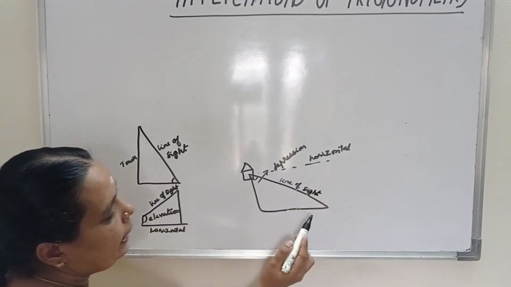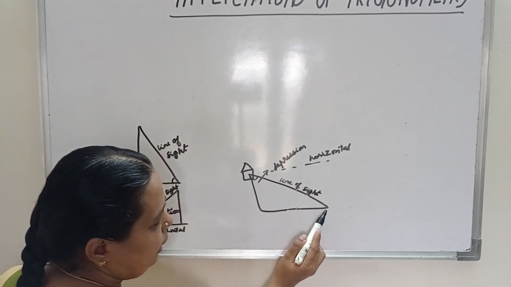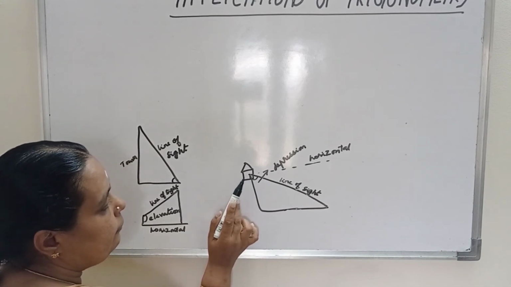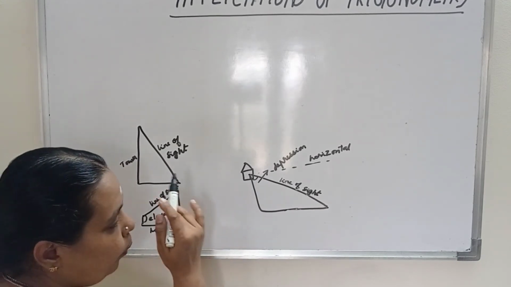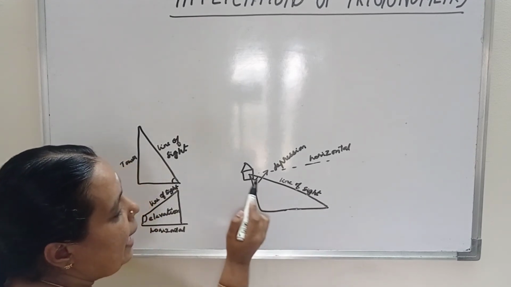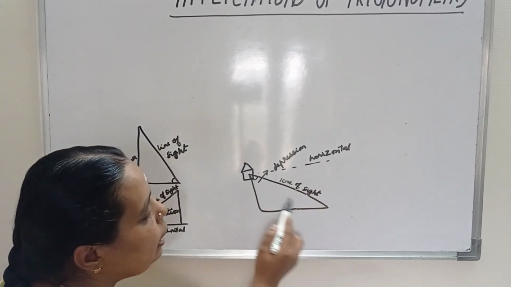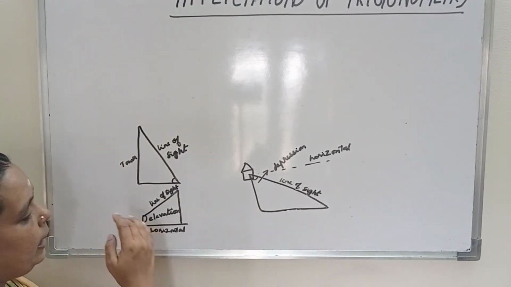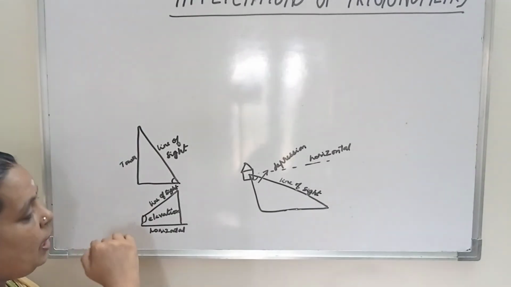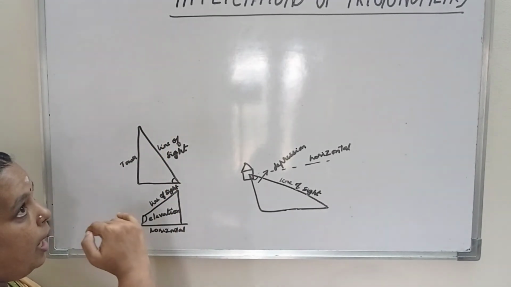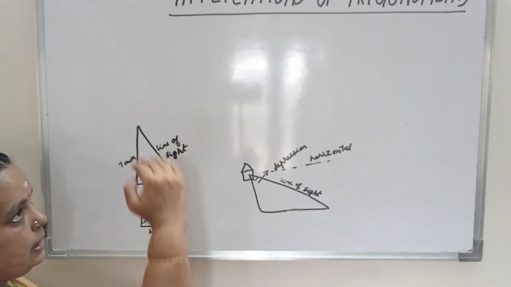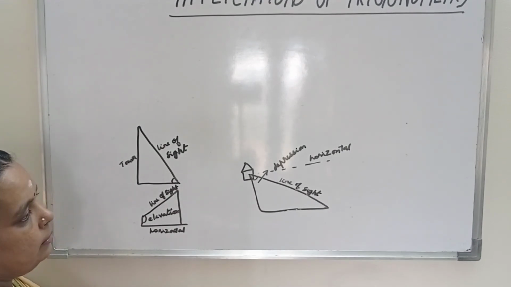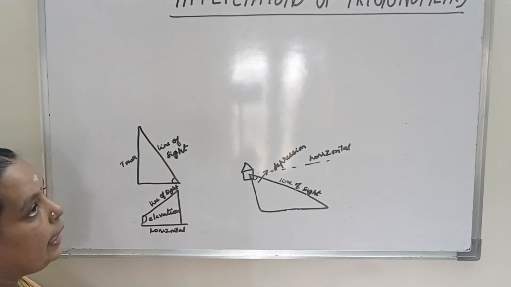The person viewing an object on the ground, this line is called line of sight. He is viewing from the top of his house or from his balcony, and the view will be towards the ground. It is called angle of depression and it will be below the horizontal level. When the person is viewing an object which is above the horizontal level, that is from the top of a tower or a temple, or a kite flying or an aeroplane traveling in the sky,